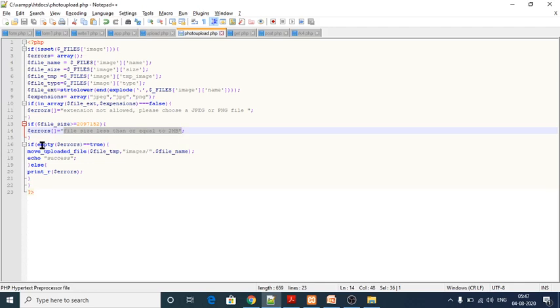So if empty errors equal to true, move uploaded file is used to move the file I have uploaded with the help of these codes to a particular folder in the server with the help of move uploaded file.